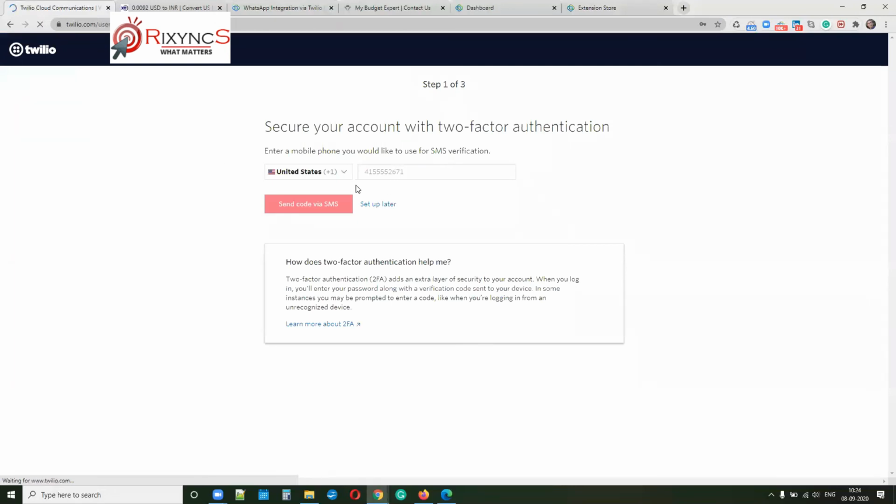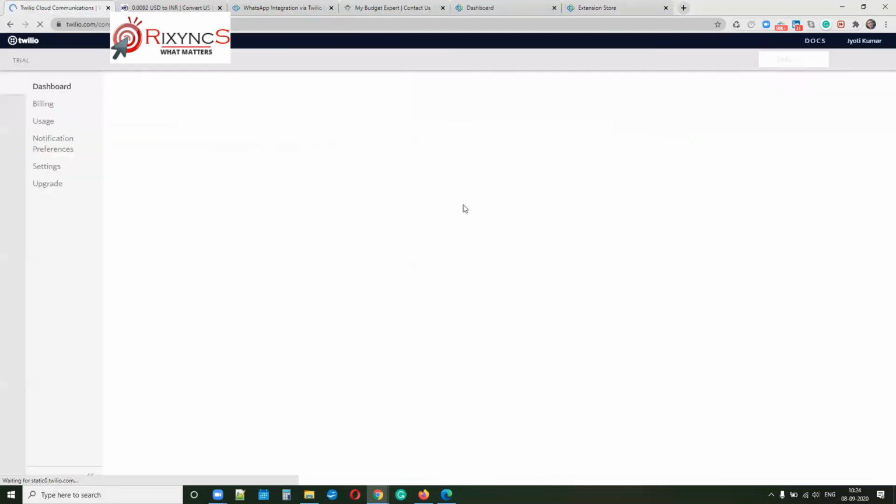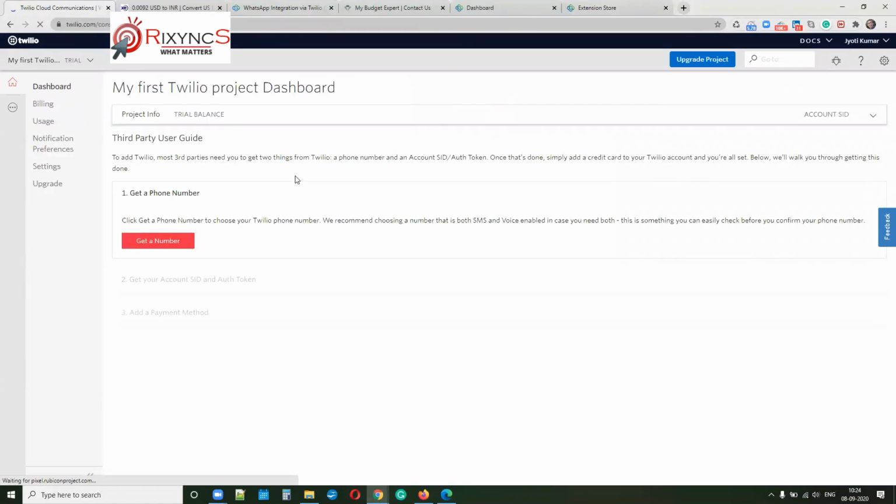You can purchase pay as you go, so this functionality is available for you.